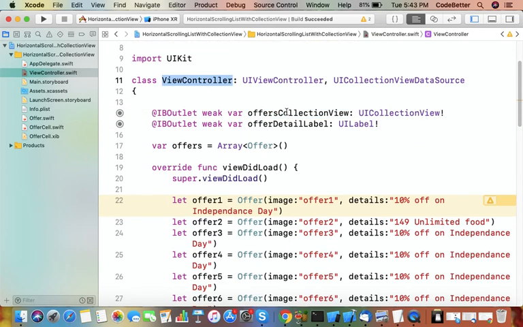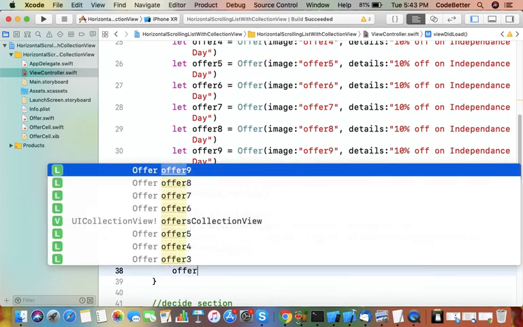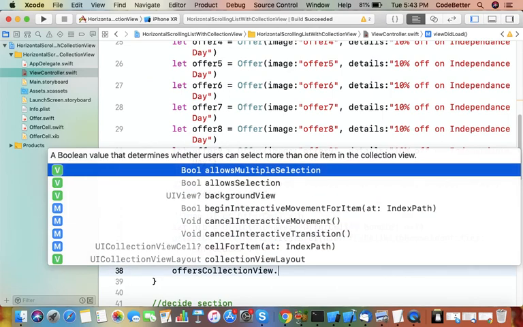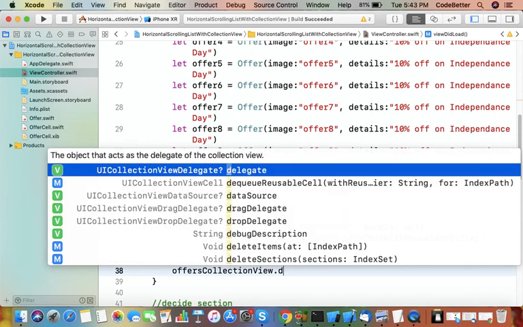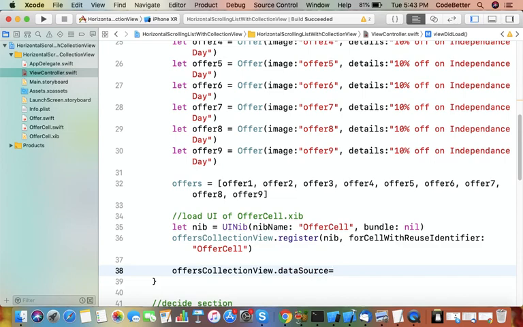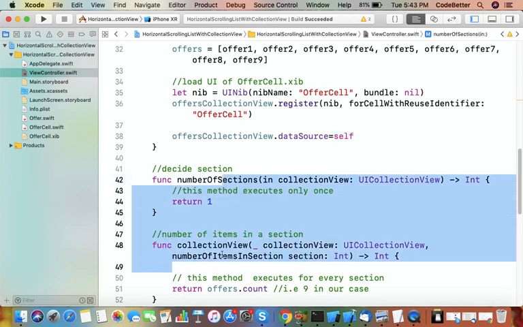To tell it that, we have to add one property, dataSource equal to self. So whenever the collection view is drawn on the screen, it will ask this class or this object to generate the UI for the collection view.